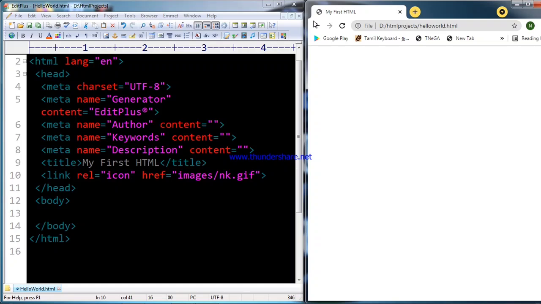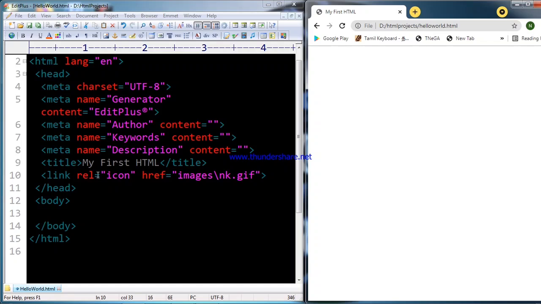One is rel, the relationship, with icon as the value of that attribute, and then href. Href is the hyperlink reference, which mentions the location of the image file.